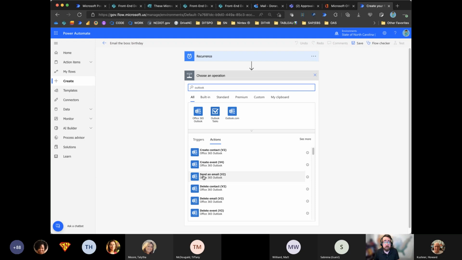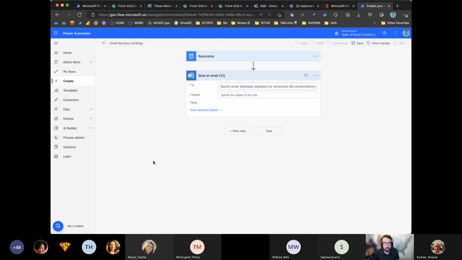Yeah, it's like we're setting an Outlook calendar reminder, but what we're going to do differently here is we're actually going to email our boss. And our boss is never going to know that we've automated this happy birthday message. So, right tool for the right job. Sometimes an Outlook reminder is what you want, but we're actually going to send the happy birthday message to our boss.